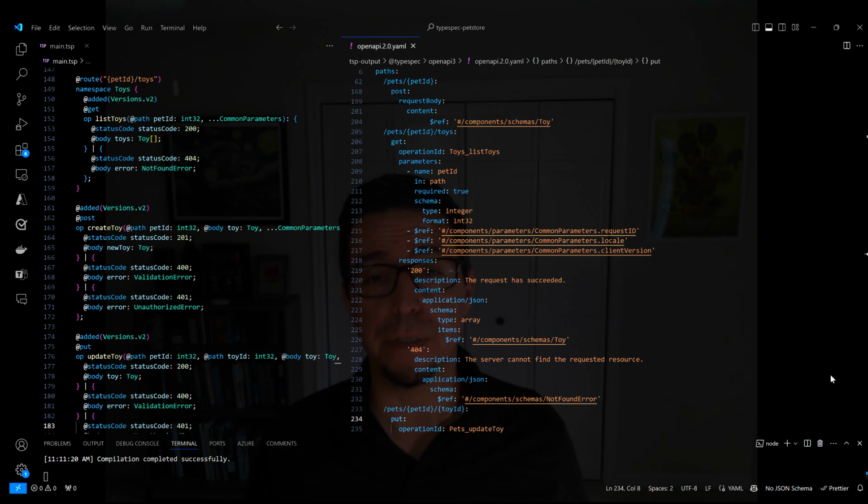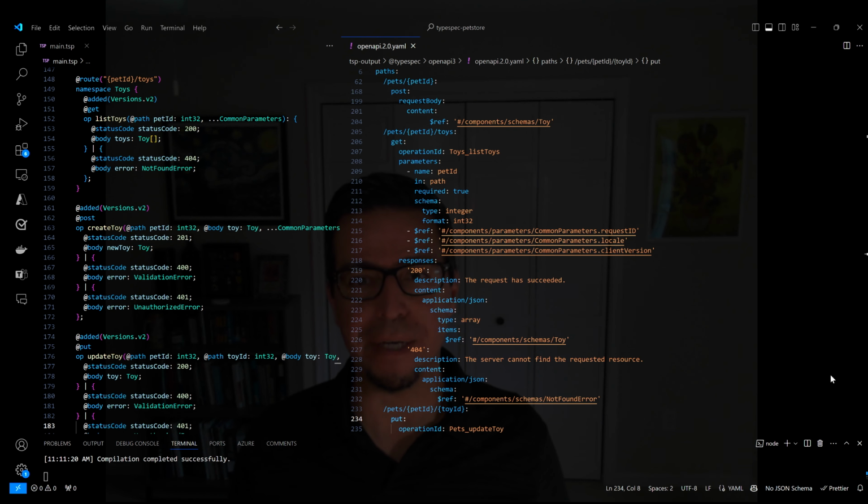In this example, the toys namespace is defined under the pets namespace. The added versions v2 decorator is applied to the operations within the toys namespace to indicate that they were added in version 2 of the API. These operations include listing, creating, updating, and deleting toys for a specific pet, and they are only available in version